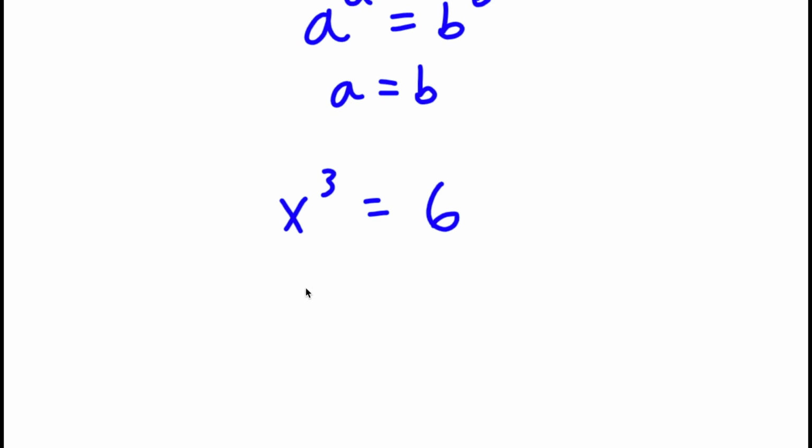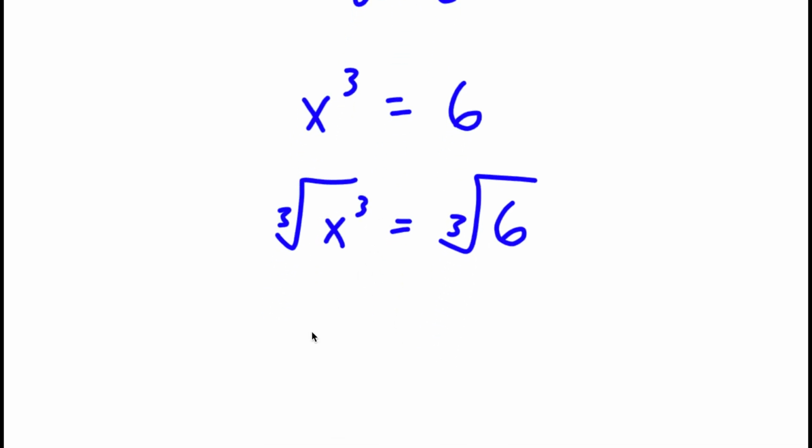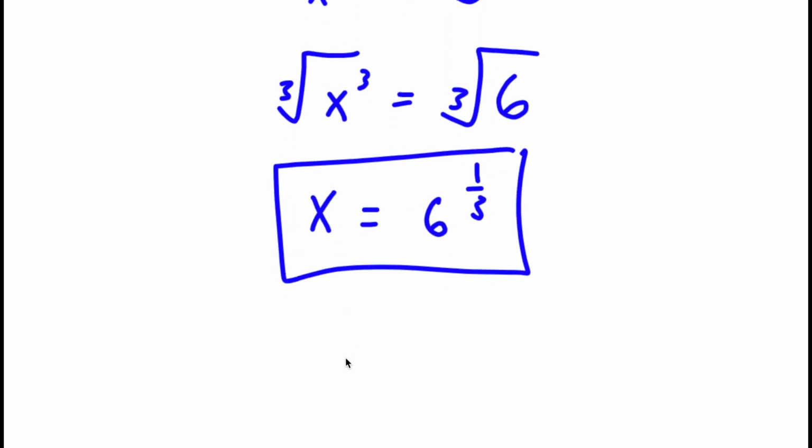Now, I'm going to take the cube root on both sides. So now I have the cube root of x to the power of 3 is equal to the cube root of 6. Now, the cube root of x to the power of 3 is simply x, is equal to the cube root of 6, which is the same thing as 6 to the power of 1 over 3. So this is my answer. So now to check,